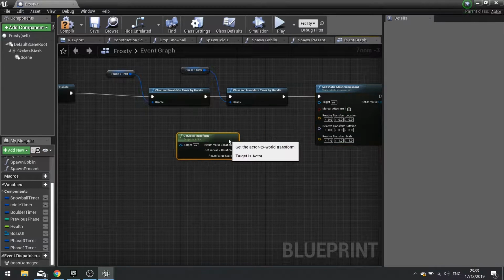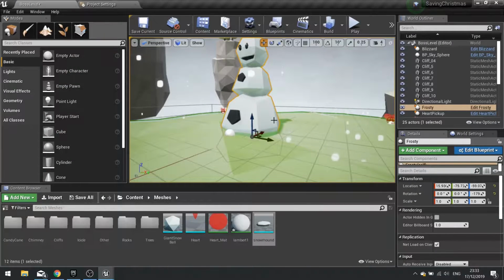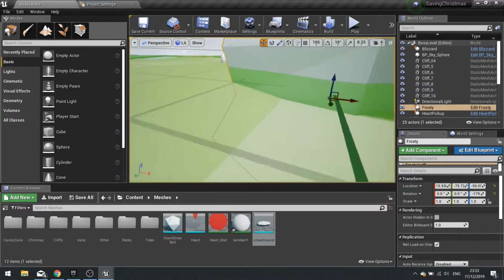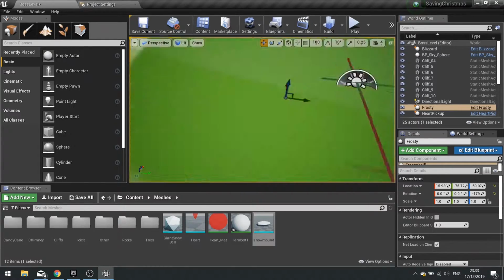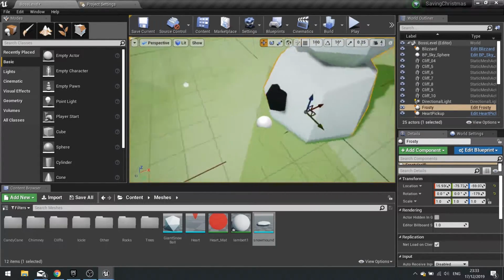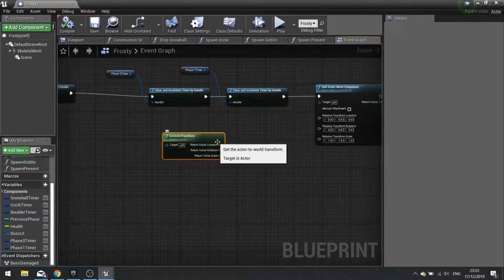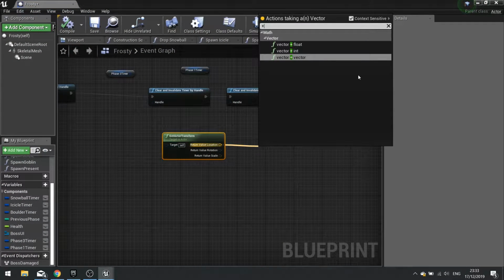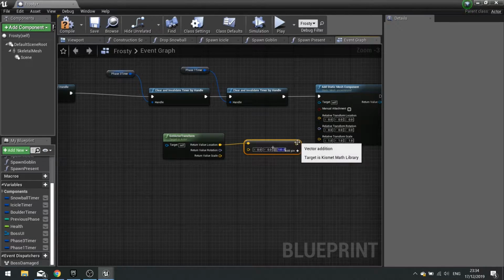Now the reason why we're splitting it is because we have to increase the location a little bit, and the reason why you do that is because if we look at Frosty's here, his root is actually underneath the ground. So if we spawned it at the root, the mound would be underground. So we need to spawn it just above the ground there. So I'm going to increase the location here, which may need a bit of tweaking, but we'll see how we get on. We're going to increase the location in the Z by, let's say, 50. Let's just do 100. We'll go from there.